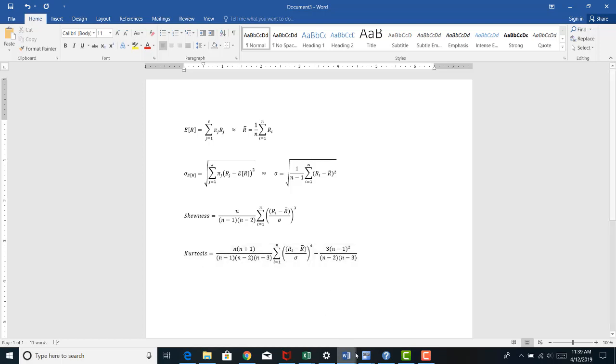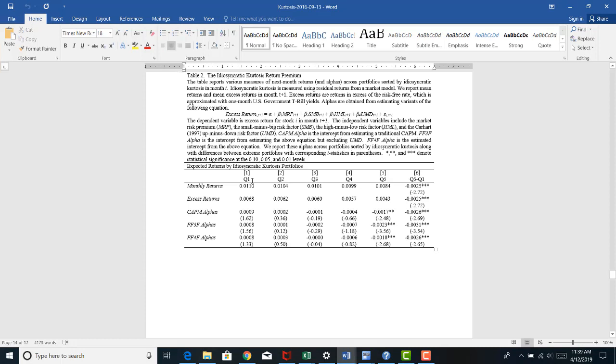Does that make sense? So when I sort stocks into portfolios based on kurtosis, these are stocks that have the lowest kurtosis, and in fact, stocks can have negative kurtosis, right? Those stocks are said to have a platykurtic distribution, and I sort stocks into portfolios based on those with the highest kurtosis. Those stocks are said to have a leptokurtic distribution, and then I report next month returns across these portfolios, and look at what happens. For stocks that have low kurtosis, I get an average return of 1.1%. In portfolio 2, 1.04% is the average return. In portfolio 3, 1.01%, and so on. And in portfolio 5,